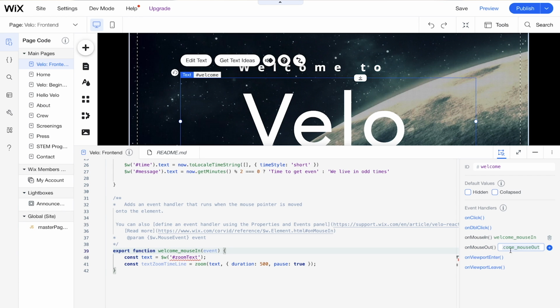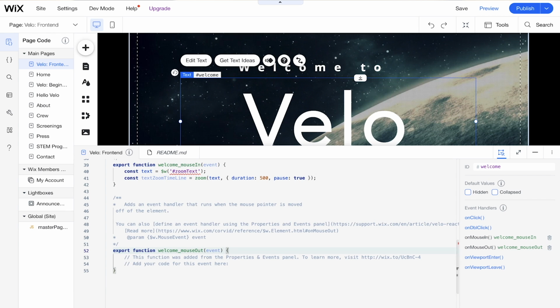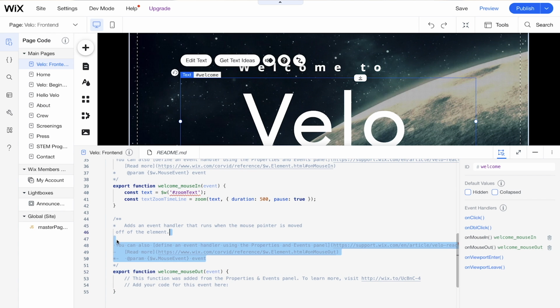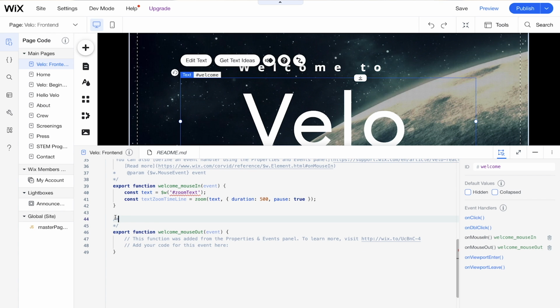And I can always go here on my static event handlers and change the name out depending on what it is. But since I have the name of my ID and I already know what event I want to handle, it tells us the name first that we have as the ID and then what the event is. So we'll just click enter here. And now that we have both of these event handlers here, let's take care of these comments. Let's get them out of the page.